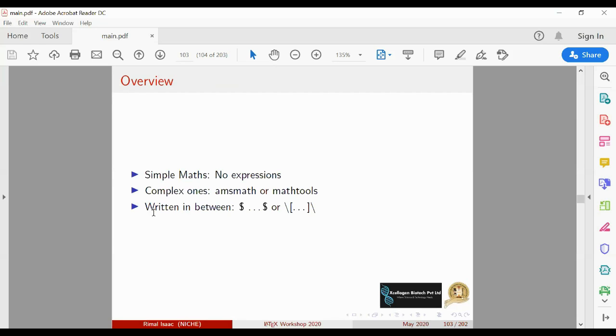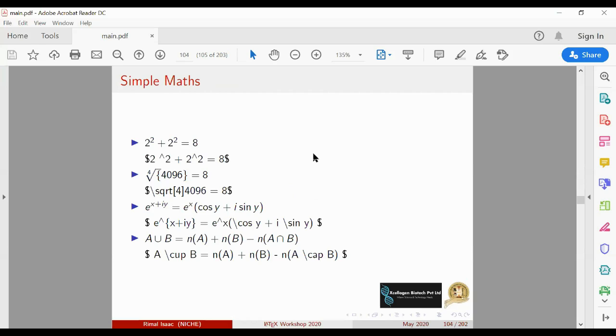Or you can also use slash, open square bracket, and slash, close square bracket. In between these two should be your mathematical equations written in LaTeX format. This is the way to tell LaTeX that I am going to write a mathematical equation.